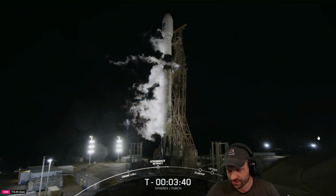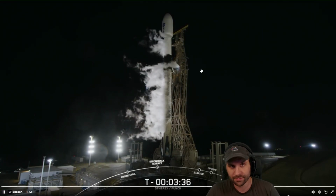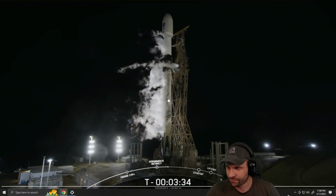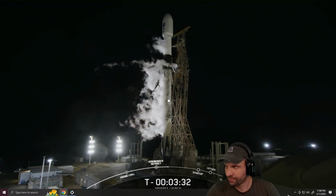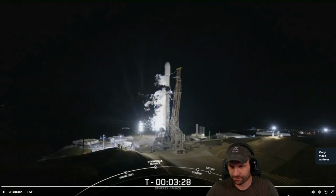And a quick poll there. It sounds like we are go for launch. And you can see that transport erector moving away from the vehicle. It'll be just 2 degrees, and then we can start pressurizing the